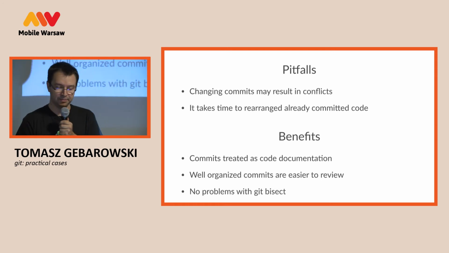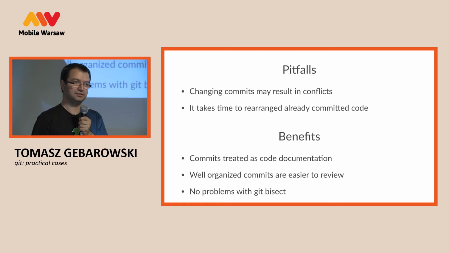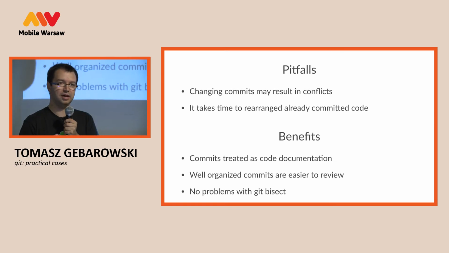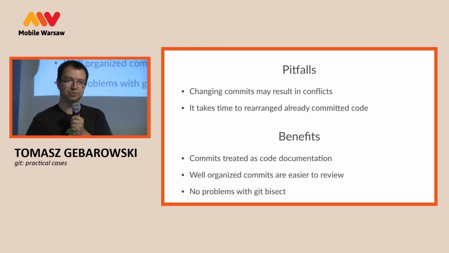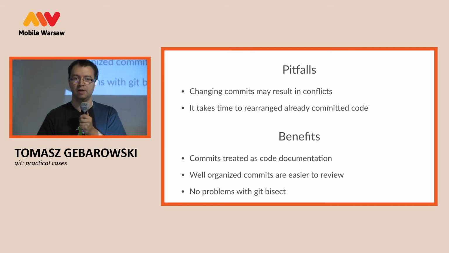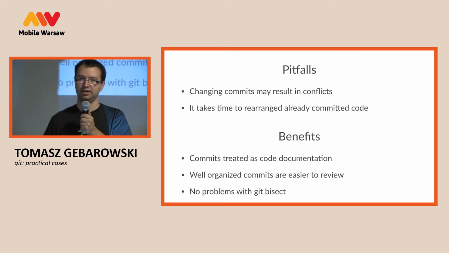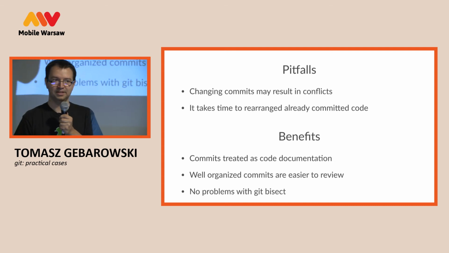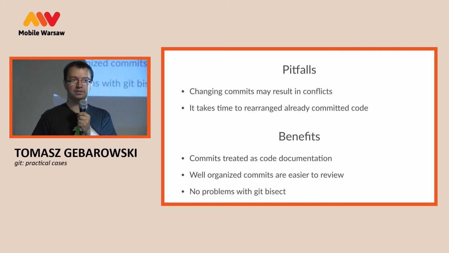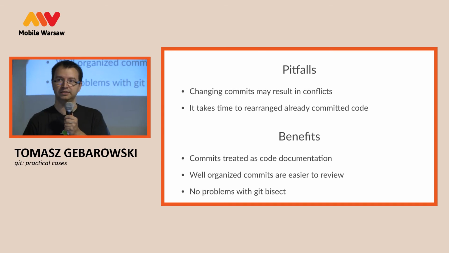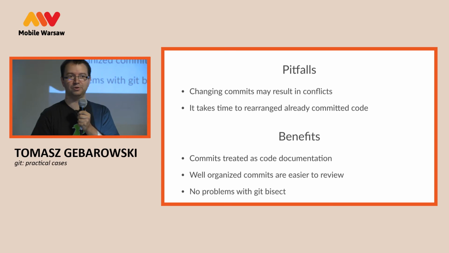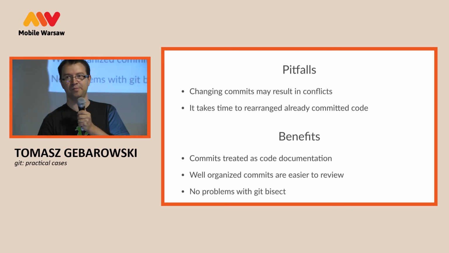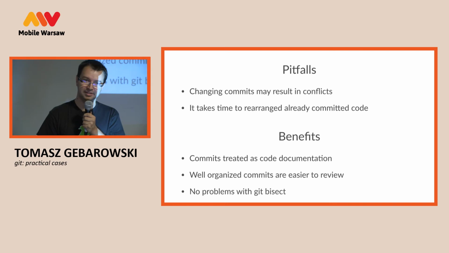First of all, I think that when you have nice Git commits and the history is well maintained, then you can treat it as some kind of code documentation. Because when you document the code inside the code, you are quite frequently forgetting to update those comments, and you simply get out of sync with what's in the code and in the comment. It's quite frequent that people forget to